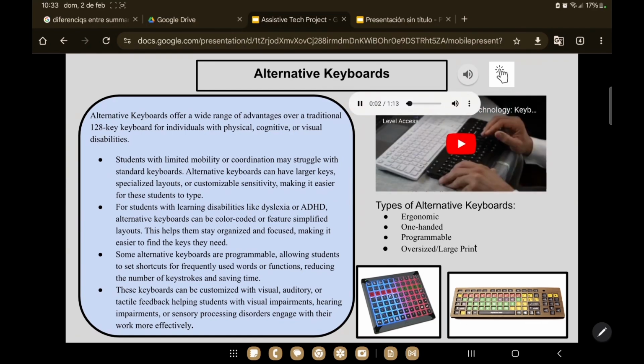For students who may require some assistive technologies, alternative keyboards are a great resource to use in a computer class. They offer a wide range of advantages over traditional 128 key keyboard functions. Students with limited mobility or coordination may struggle with the standard keyboard, so alternative keyboards can have larger keys, specialized layouts, or customizable sensitivity, making it easier for these